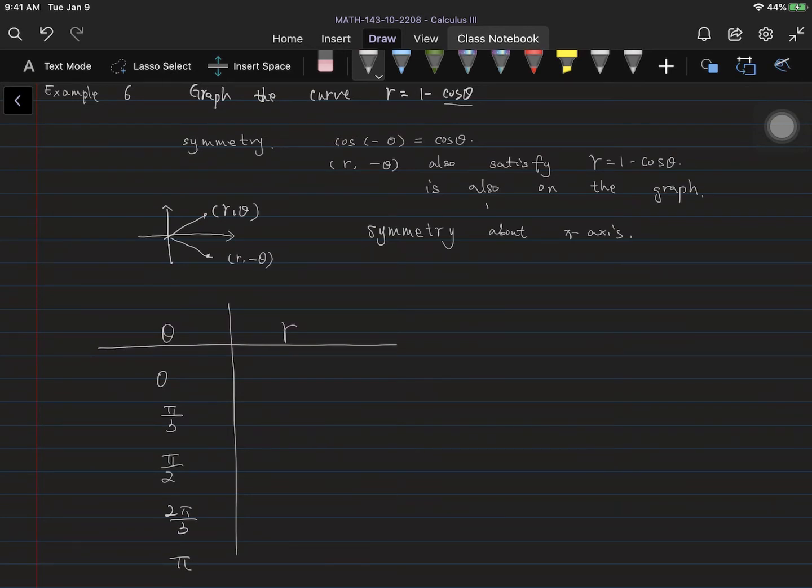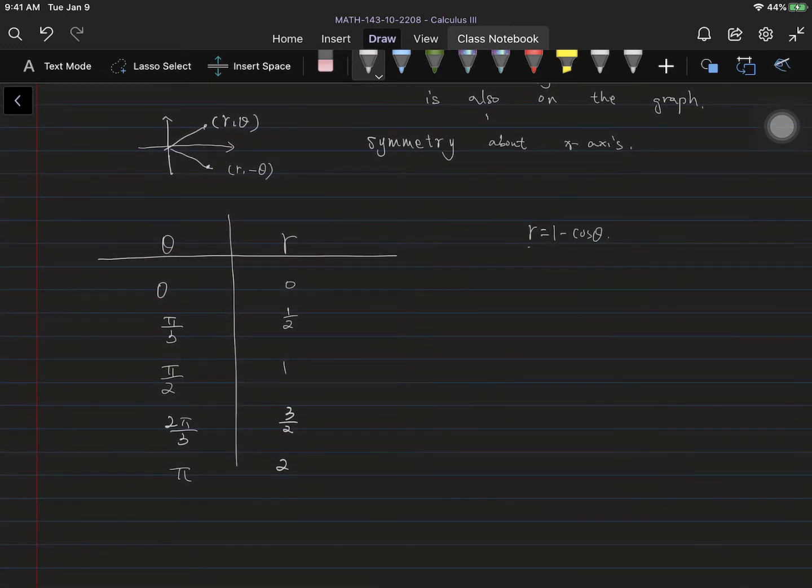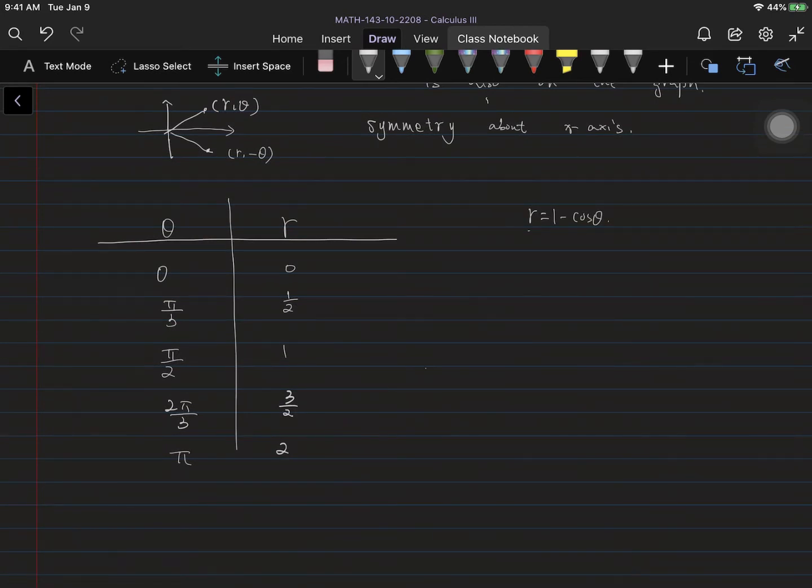Okay. And let's see, r equals what? r equals 1 minus cosine theta. So we just plug the theta into r and find the r value. When theta is 0, 1 minus cosine 0, which is 1 minus 1, 0. And cosine pi over 3 is 1/2, and 1 minus that is 1/2. Okay, so we just find the values. And cosine pi over 2 is 0, 1 minus 0 is 1. Here's 3/2 and 2. So you can see here we find several pairs of points, right? Several points. Now we just draw them,